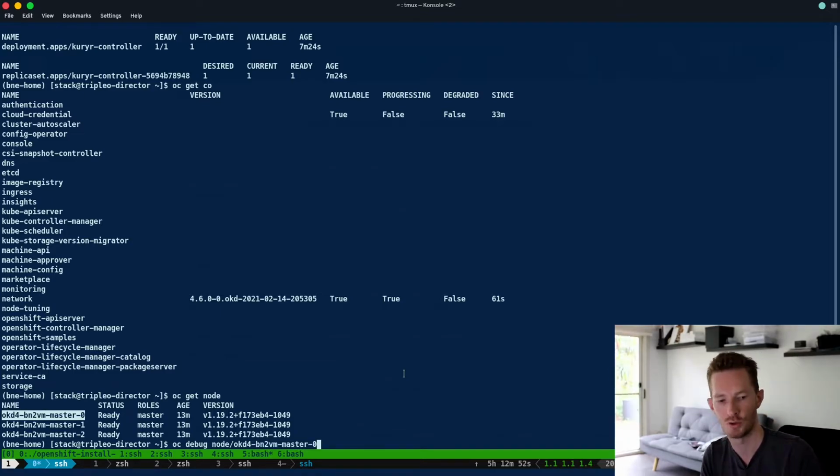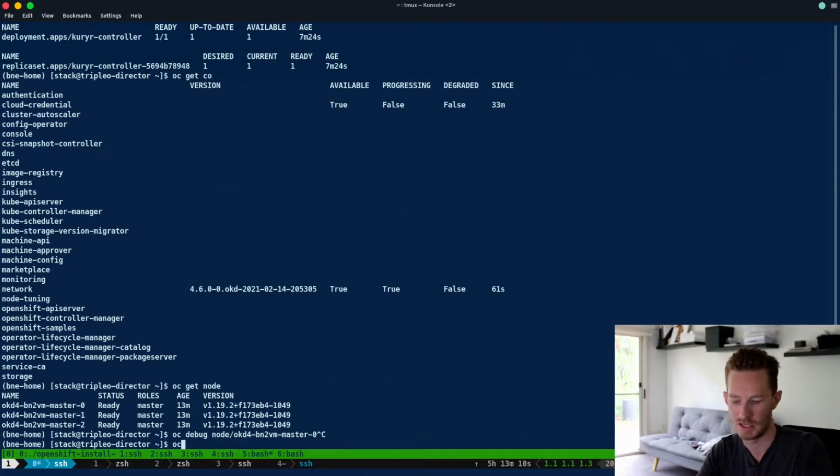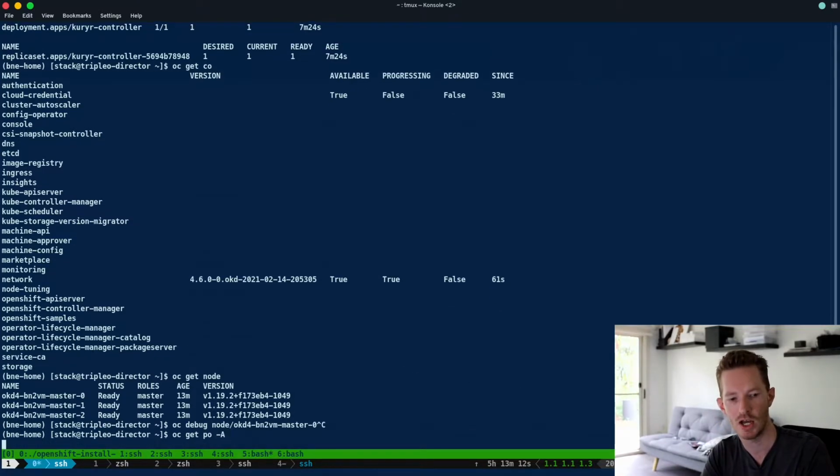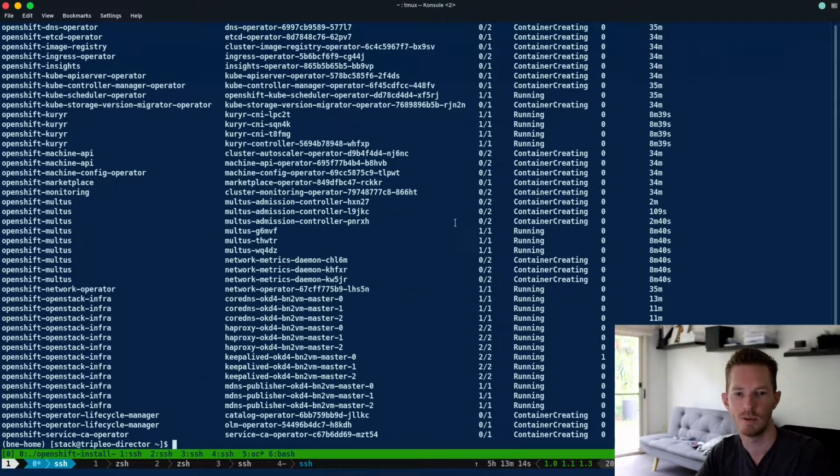You can chroot to /host and do some troubleshooting, like maybe you want to follow along with the kubelet log, so journalctl -f -u kubelet, and that will tell you why it's not initializing. And if the CNI is not deployed, then kubelet's going to say, is your CNI deployed yet? I can't find a CNI. That's basically the problem. So we do oc get po -A, and we can see we have a whole bunch more containers creating now. So this is just the rest of our cluster operators, everything else we need to deploy the cluster. If we do oc get machines,